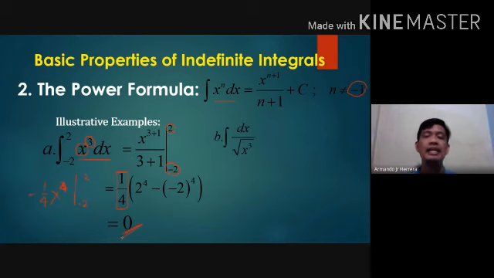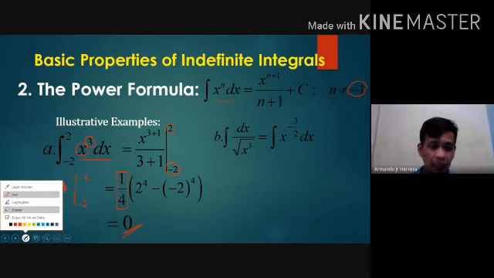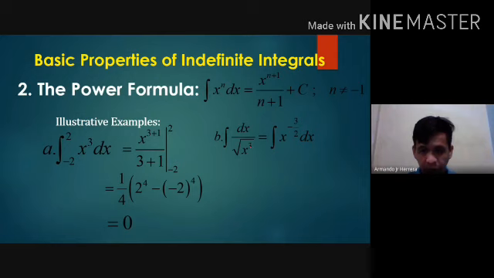So for letter B, so this is integral of dx over square root of x cubed. So using algebra lang, so this is equal to dx over square root of x cubed. Anong ginamit natin? So we all know na kapag we are dealing with radicals, it is always associated with fractional exponent. So meron tayong principle that nth root of a to the m is equal to a raised to m over n. So kapag isi-simplify natin si dx over square root of x raised to the third power, pwede natin siyang i-write as integral of dx